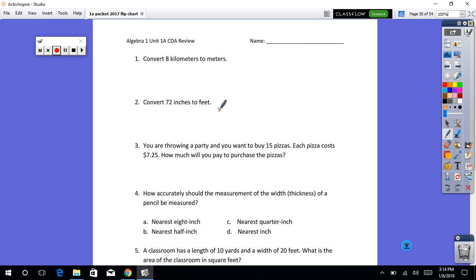Okay, so problem number 1, kilometers to meters. Okay, so we are going to start by setting up our little T-chart thing right here. Okay, so we have 8 kilometers, and we want to get that to meters. Well, according to our conversion chart, there are 1,000 meters